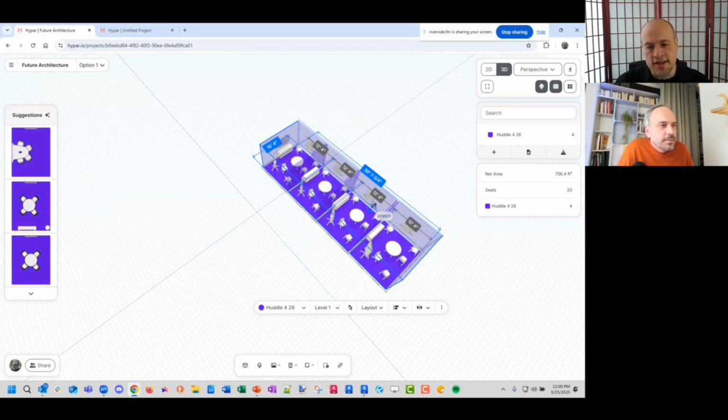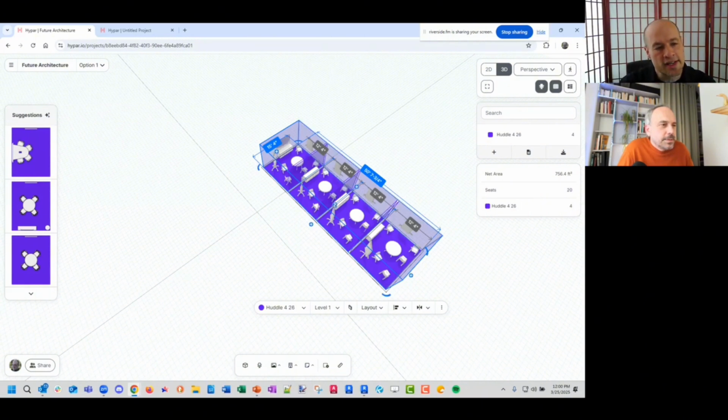We see Hypar being used at the moment in DD, design development stages. And at some point, you're going to want to start producing something that looks like construction documents. You'll probably want to move it into Revit at that point and carry on from there.